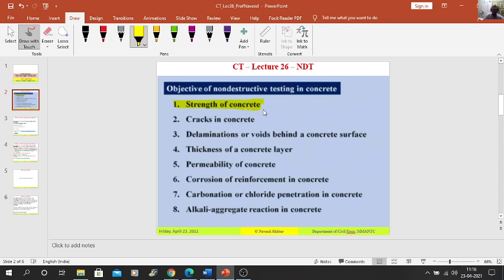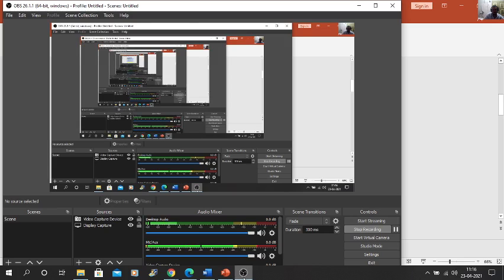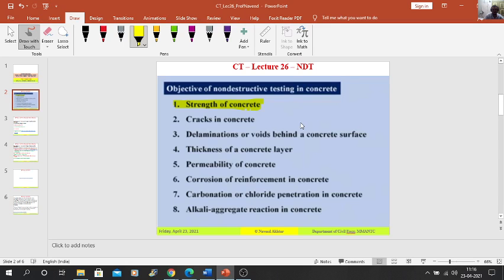Sometimes there are cracks in the concrete, and to deal with the cracks, to know about the cracks in the concrete, we also do non-destructive testing. Then if there is delamination or voids behind a concrete surface, what happens?